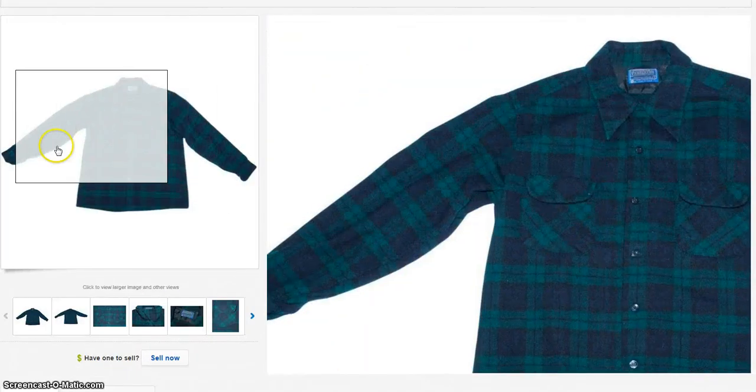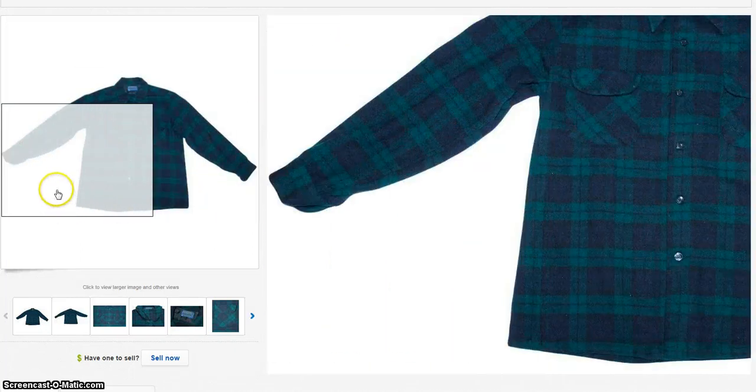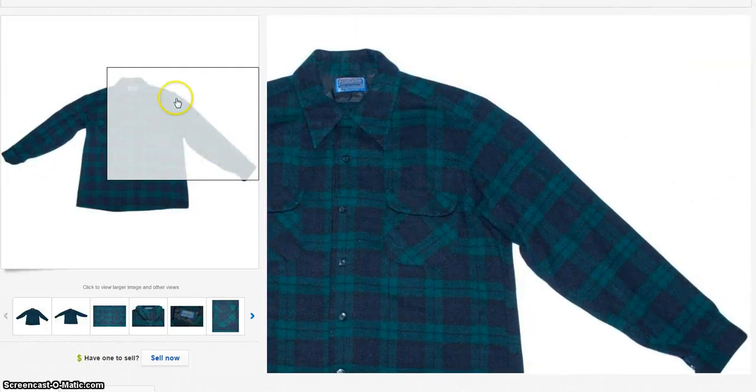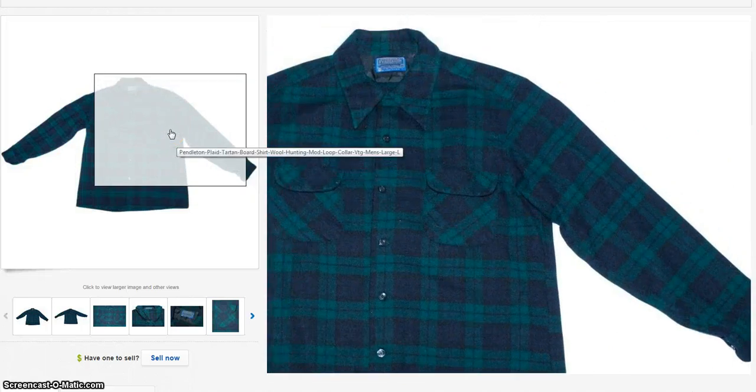This one I found at a really nice small church thrift store. Every time I go in there, I always seem to find a home run. It's usually only one home run and nothing else, and this was the home run for the day. This is a vintage 1960s